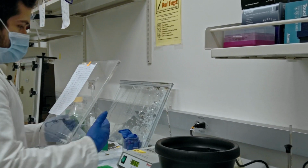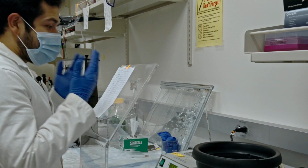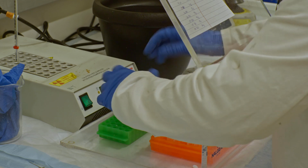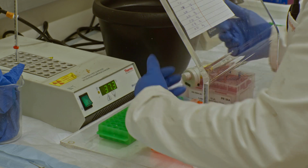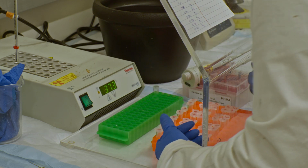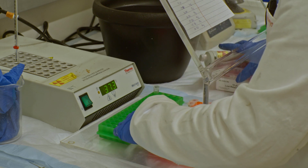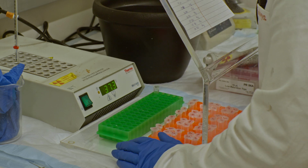So as you can see, my body, my face, everything is behind this screen right here, but everything else, all my samples, are where I can work from behind this blocking screen. This is just for safety concerns. So now that I have my radio-labeled primer here, all nice and thawed out, the next thing that I want